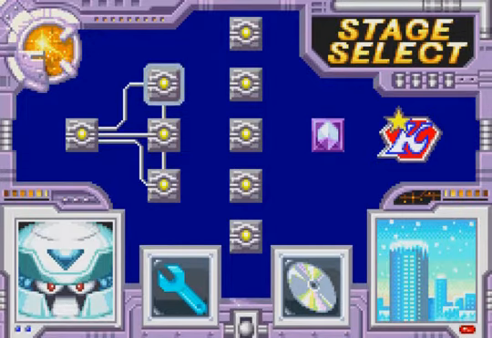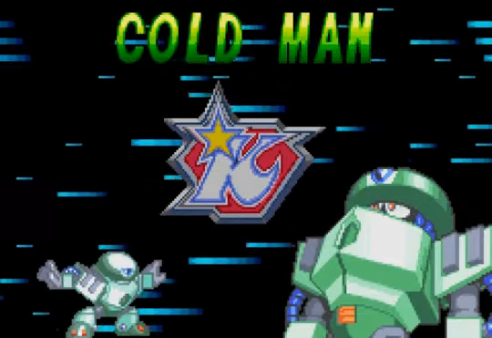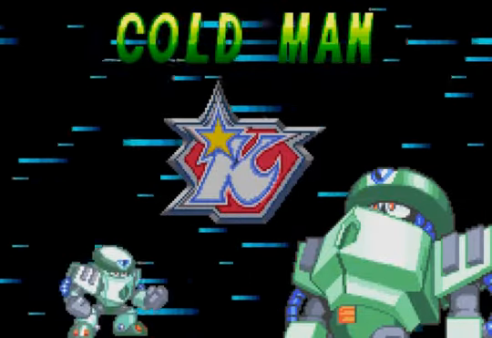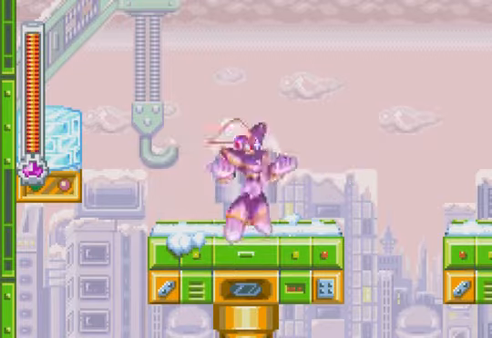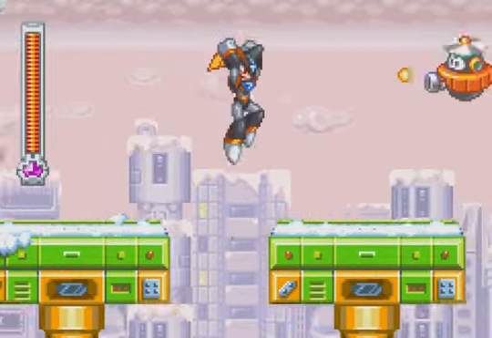Since Mega Man and Bass uses Mega Man 8's visual assets, does that mean that Cold Man's level is going to be another case of jump, jump, slide, slide? Of course not. Bass doesn't have a slide. Moreover, the level isn't going to make you slide either because, much like Frostman's stage, the ice is not slippery